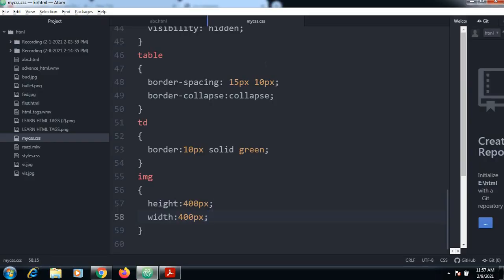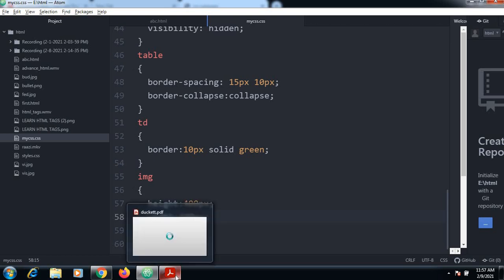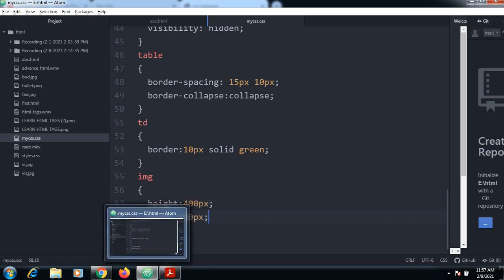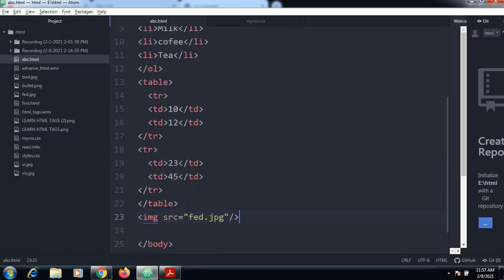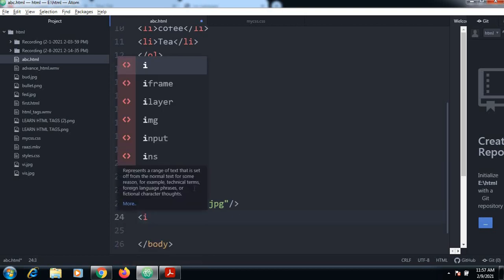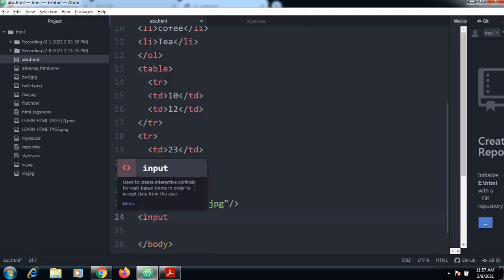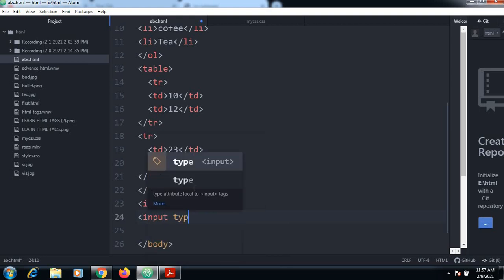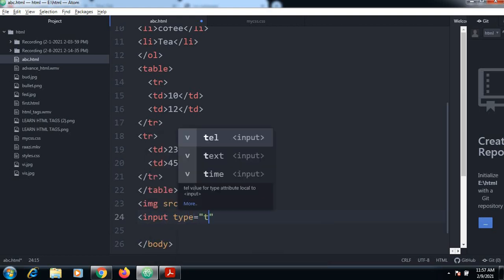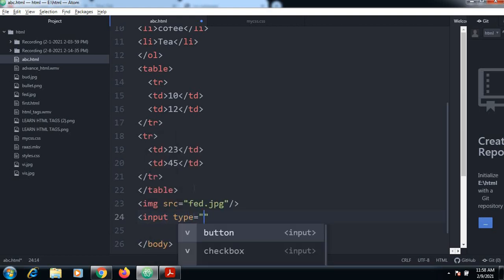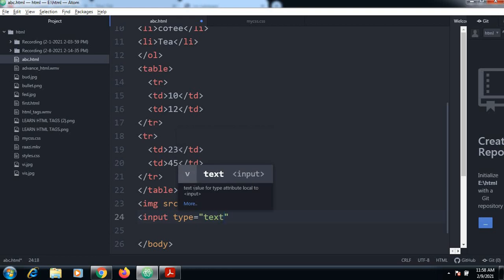So input types. I want to have an input type like a text box. I want to create a text box. So input type is equal to text.